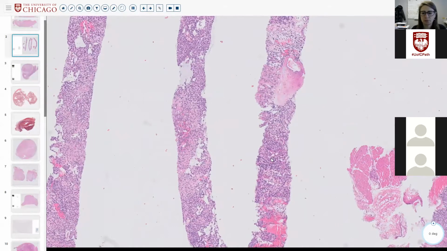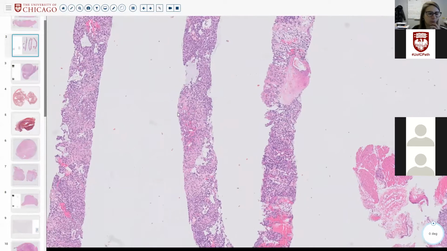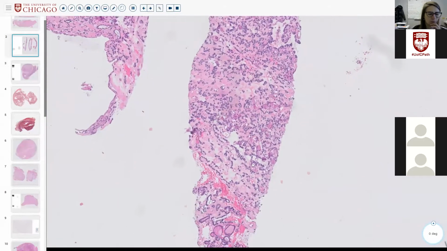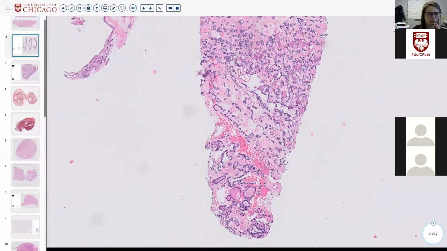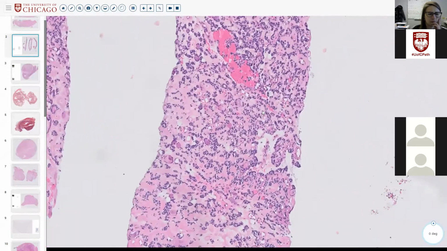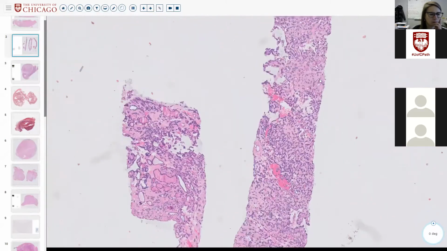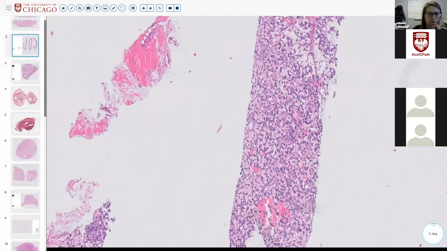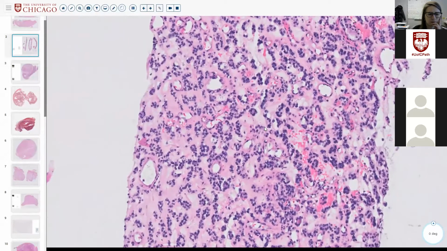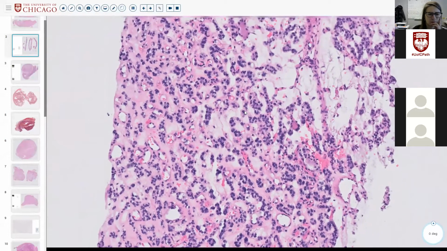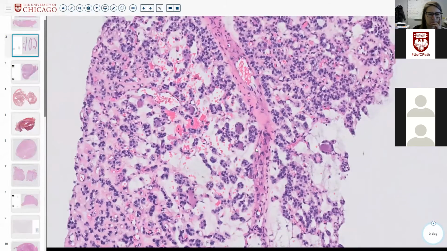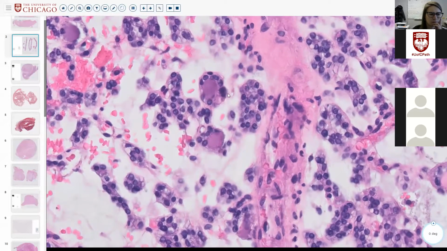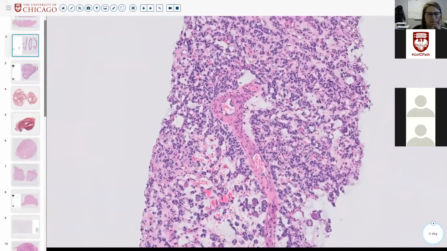So I didn't look at this beforehand. Looking at this, it looks very crushed. In this little snippet, you see some normal-ish tiny microfollicles. And you do seem to have a lot of background colloid that's just smushed in. I have to go on higher power to look at nuclear features, but this I would say is probably some sort of smushed microfollicular adenomatous nodule. On higher power, oh God,